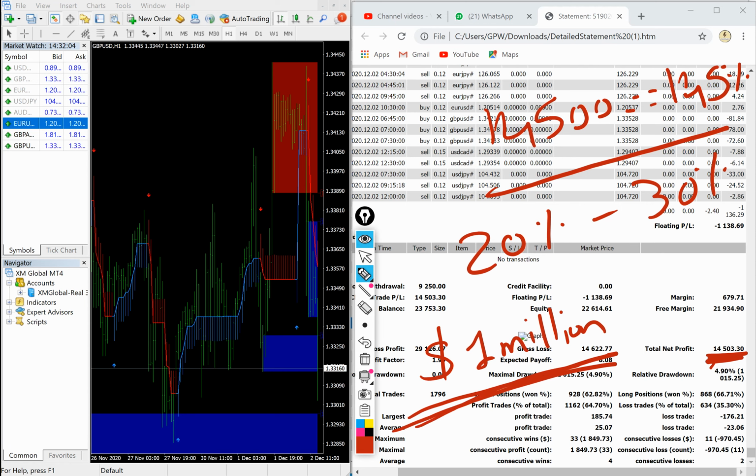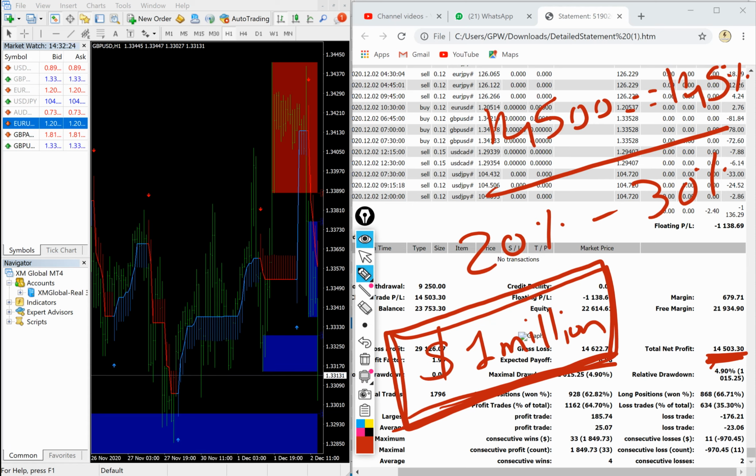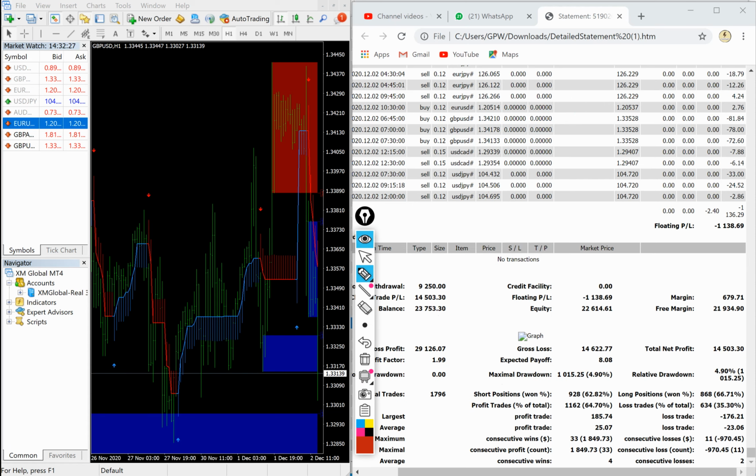If the client keeps reinvesting the profit, if the client will manage with us, if he will compromise something with us, we would reach the profit of 1 million with capital reinvestment. Yes, you can withdraw some profit, but the majority of your profit should be reinvested. And the reason behind getting the 14,500 profit is just the consecutive wins, consecutive losses, along with the profit trades and the loss trades.